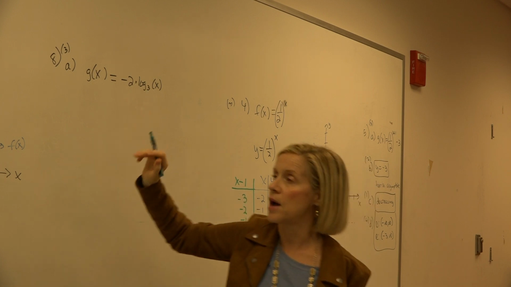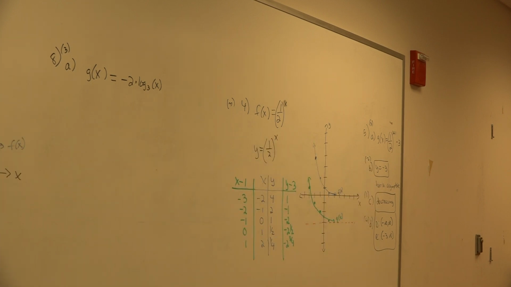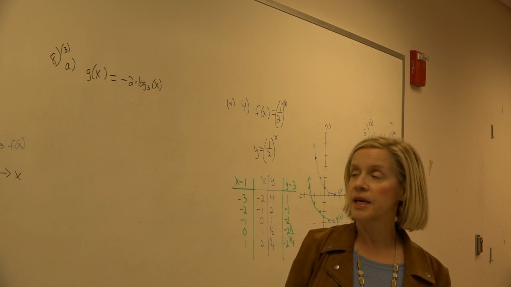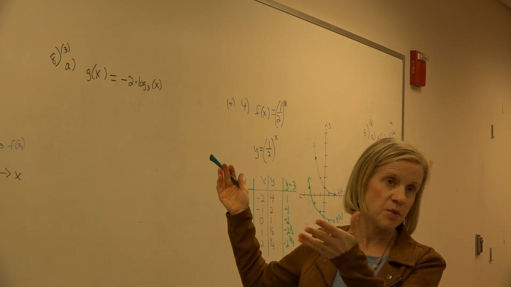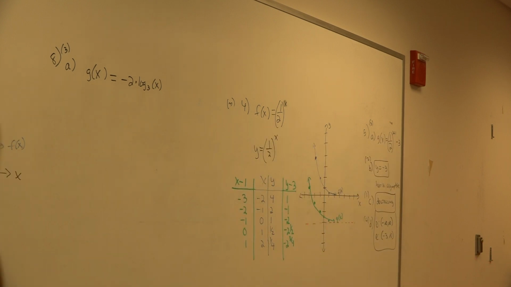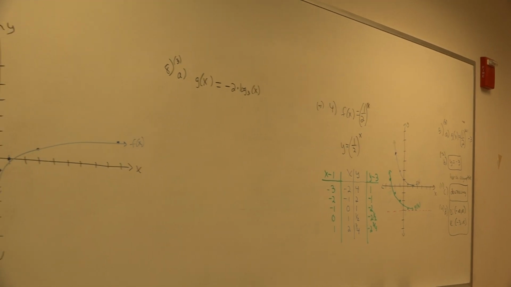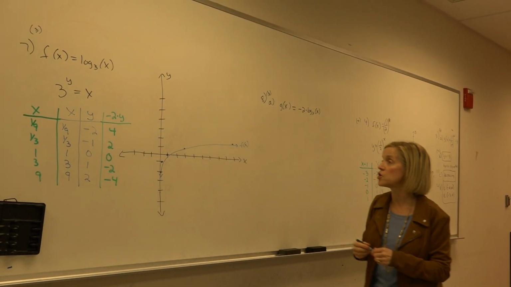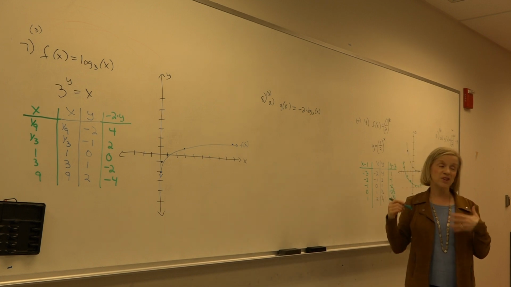So that affects y. So we're going to go to our original y points, and we're going to multiply by -2 times y from the original y's. And again, you could also just pick values and do it this way, but it's easier to use the original basic points. So -2 times -2 is 4, -1 times -2 is 2, 0 times -2 is 0, -2 times 1 is -2, -2 times 2 is -4. So this is going to take this same function and stretch it and reflect it across the